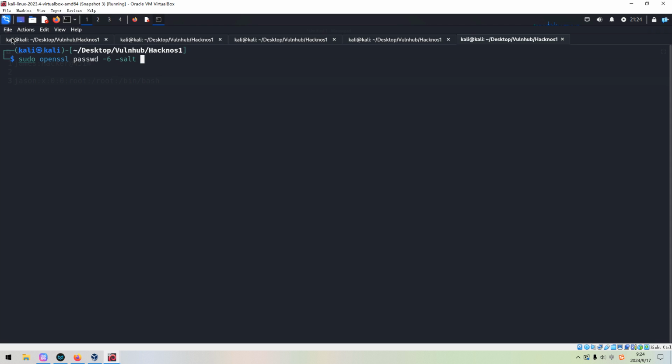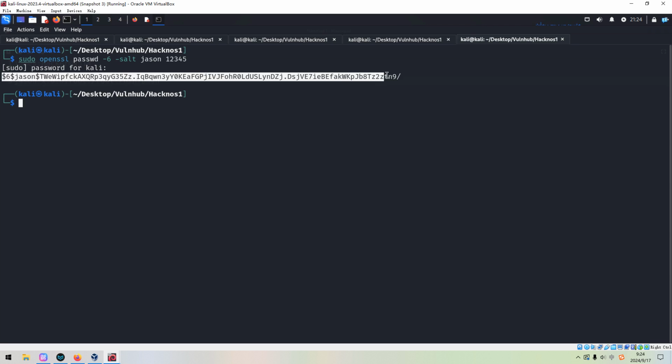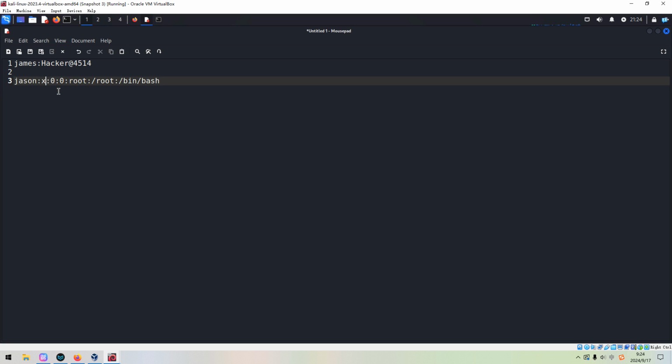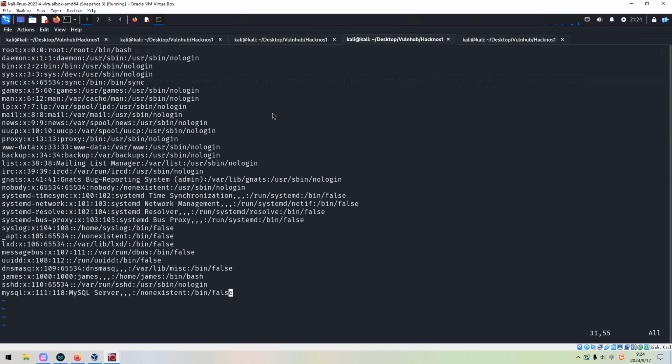Of course, you can use any salt and password. Okay, press enter, and we can get the hashed password, and then we can replace this X by our hashed password, and then we can copy this line completely, and then we can insert at its end. Okay, now write and quit.